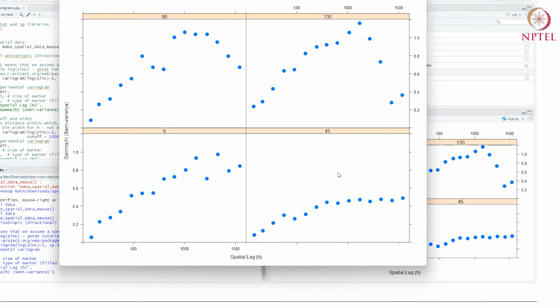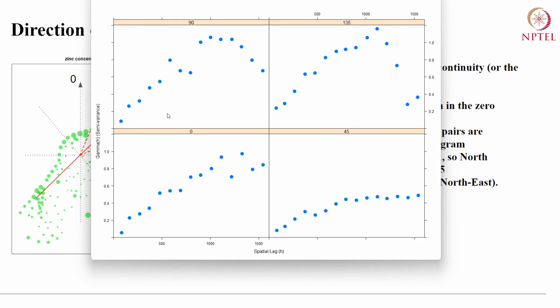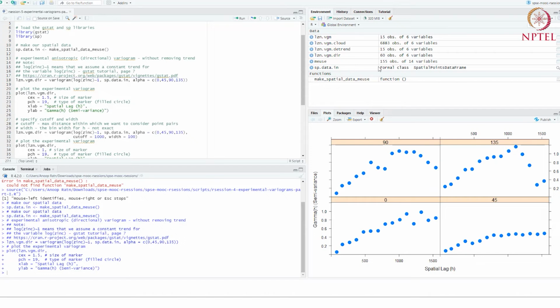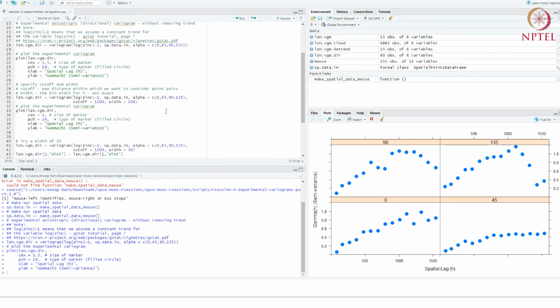And that's to be expected because we just saw in the data that the 45-degree direction is the direction in which the variation in the data is the least. If you move in this direction, you basically encounter very similar values. And that's why we see the least variation in this variogram. Now that may or may not be a good thing depending on what you're trying to do, but we should be able to correlate this with the data.